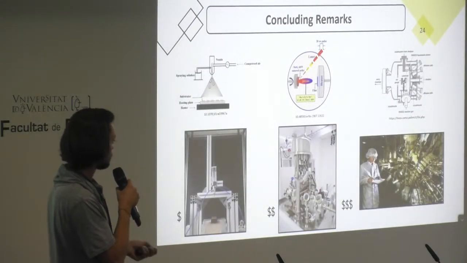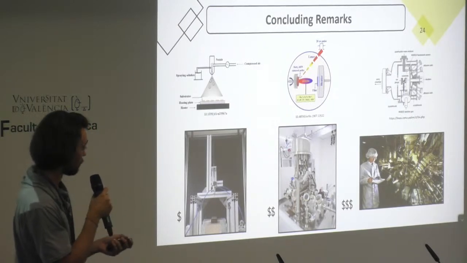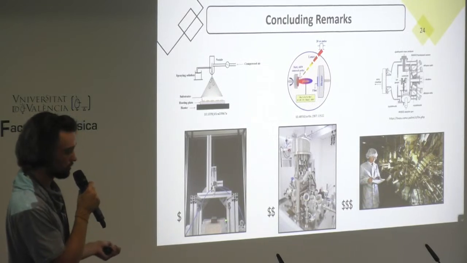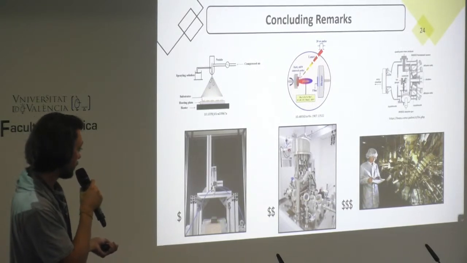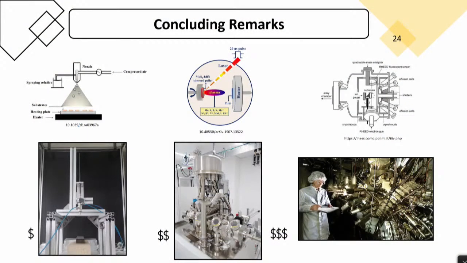And these are some techniques in which you can grow very small materials, like MOCVD. I've ordered them from being very, very cheap, this would cost like 1,000 euros maybe, to something like this that would cost millions of euros. This is very simple also in theory, because what you do is you put some liquid with your material here,